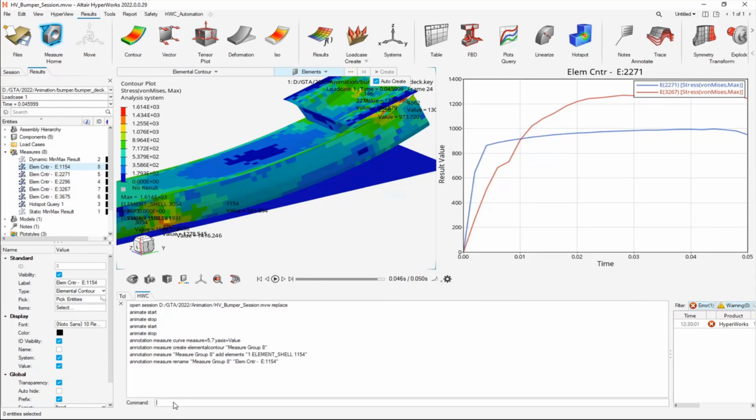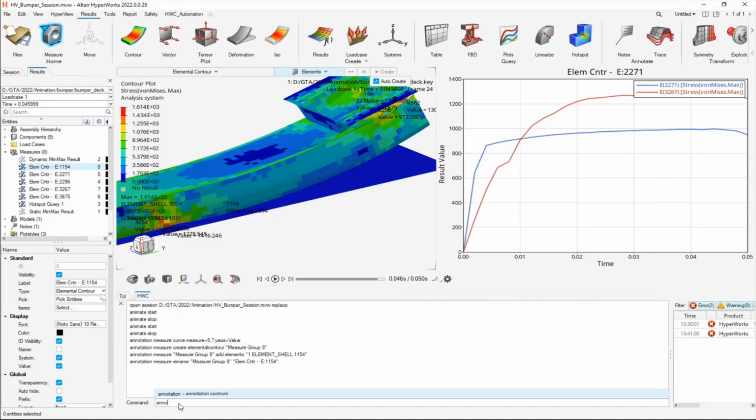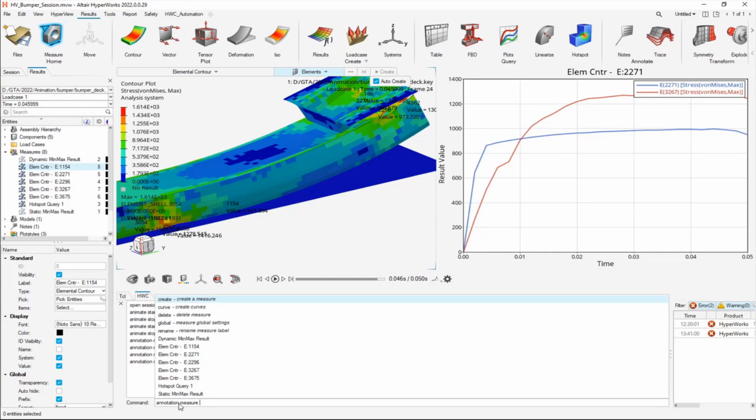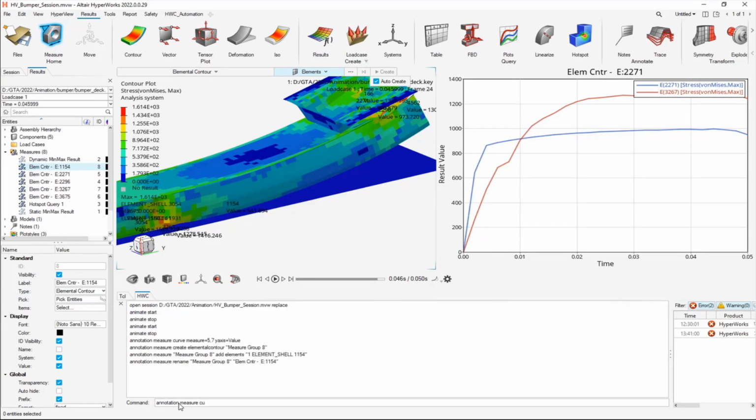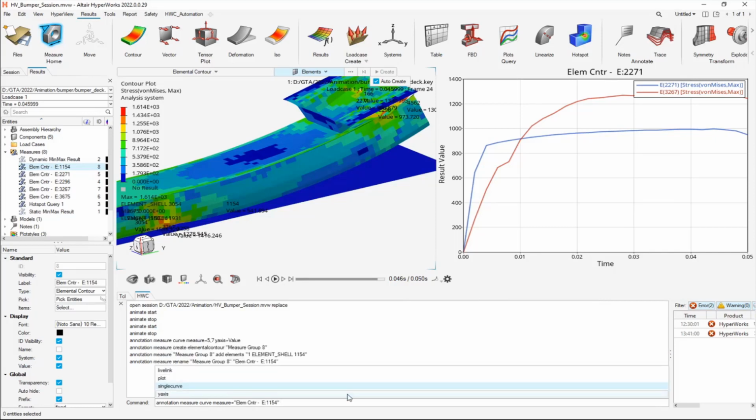And let's try to replicate. So let's say I want to put this in a new window, right? So annotation, perfect, IntelliSense gives me what I need. Annotation, and then measure. And what we need to do to grab a measure curve, right? And now which measure? Those, right? And I can grab it by the name, as I mentioned during the slides. So let's go with this one. Double click, and yeah,